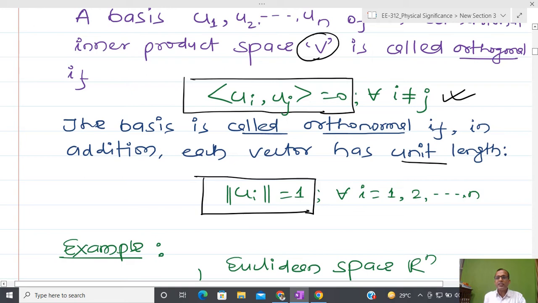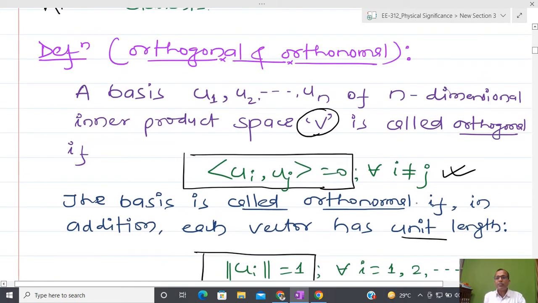Okay, so these two are the definition. It means whenever I am talking about an orthonormal basis, it should satisfy this condition, as well as the length of the vector should also be unity. Okay, so now you can easily comment that whenever I am talking about a standard basis,